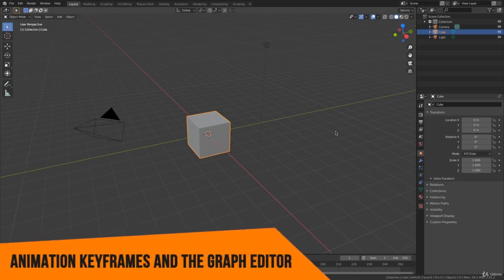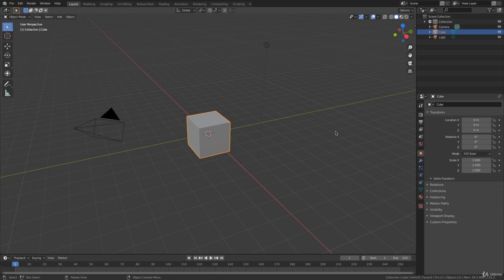Hey and welcome back. In this lesson, we're going to look at animation and keyframes in Blender. We're also going to have a quick look at the graph editor, just an overview of the graph editor. So first of all, let's look at how you can add keyframes and how you can animate certain objects in